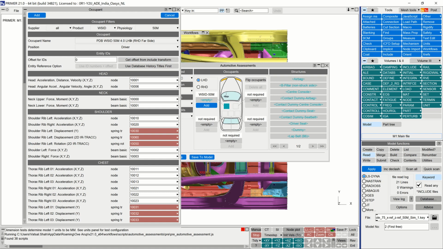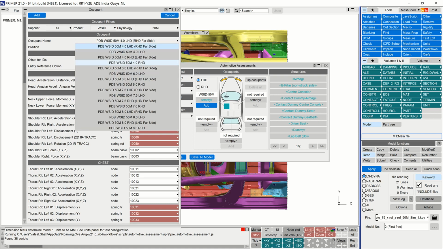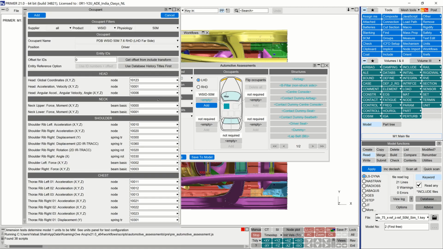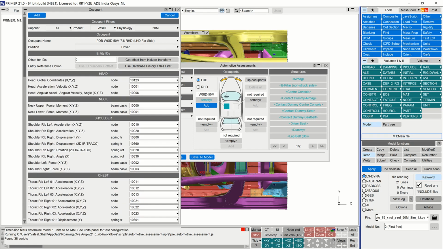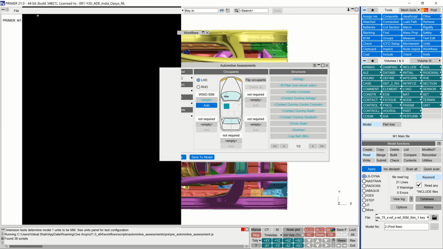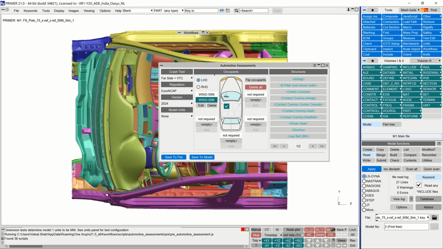Then select the appropriate occupant from the drop-down. In this case, it will be version 7.6 RHD as that is the model which is currently ready. After selection, we can see that all the entity IDs are listed automatically from the occupant JSON file. Click on the Add button to add this occupant. Entity ID selection for all the occupant channels is now finished, and we can move on and do the same